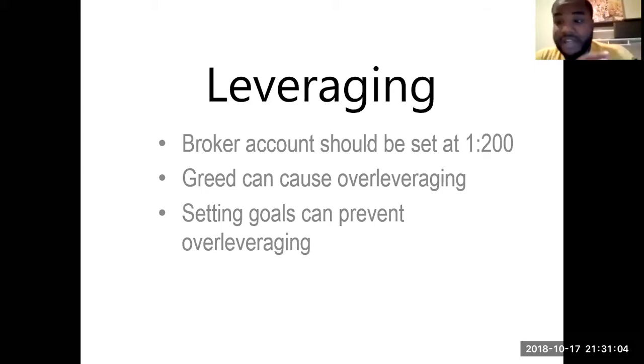In the beginning, it wasn't like that. We was all scrapping and had a theme for some trades and trying to make money. But leveraging is going to be key. All right? Leveraging is basically, if you have a balance on your account, you need to know not to over